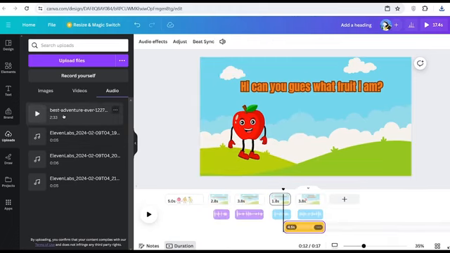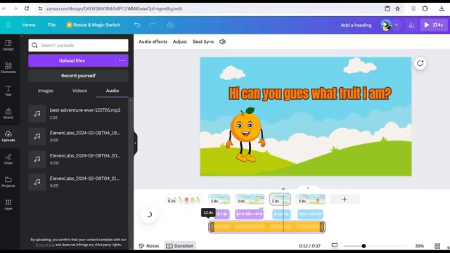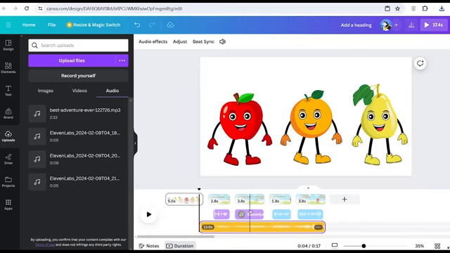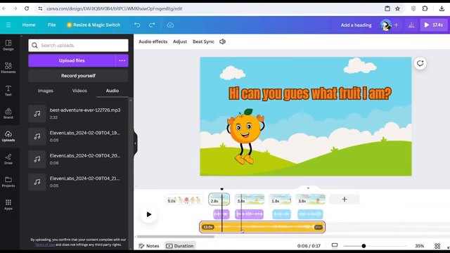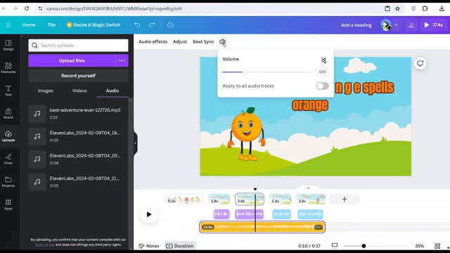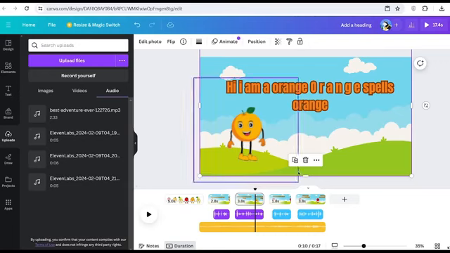And now once it's been added in and our playhead is at the start of our video, we can simply click onto it. Once your audio is added in, you need to adjust the volume because you don't want it to be too loud. So click onto your audio, and then you click this, and then you adjust the volume of it. And then once you've done this, you can edit your video even further.